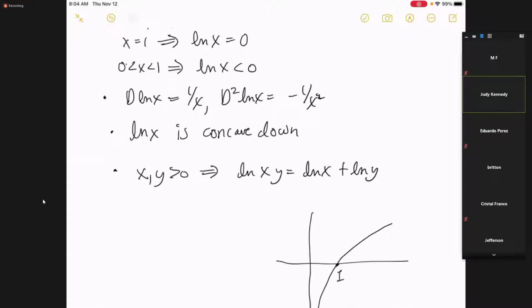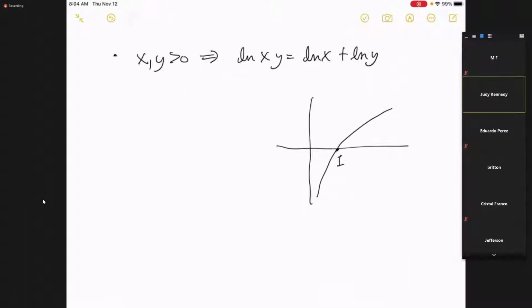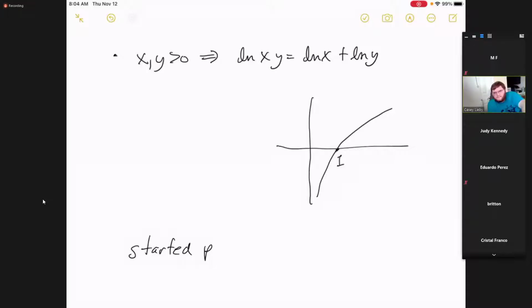Okay, so we proved that, and we had started proving... Okay, I should check. Can you all hear me? And can you see my screen? Yes, ma'am. Okay, great. We started proving this property, that the natural log of a number raised to a power